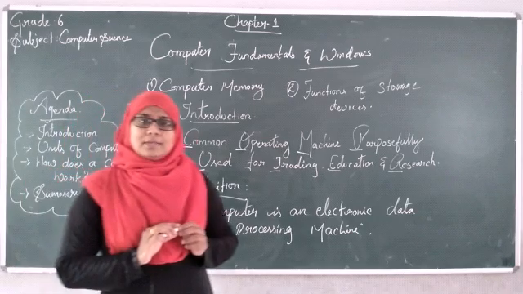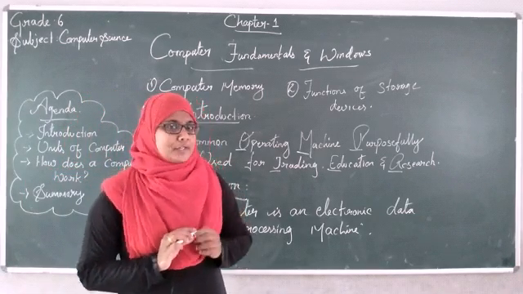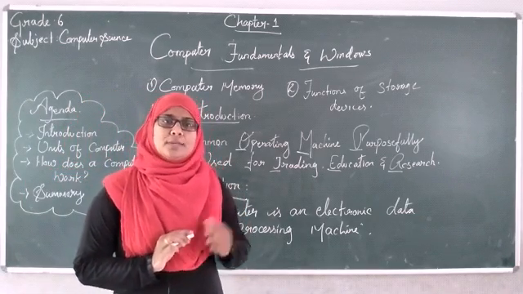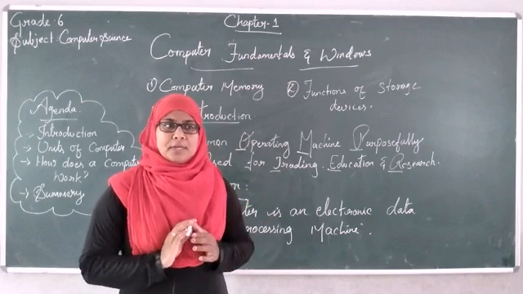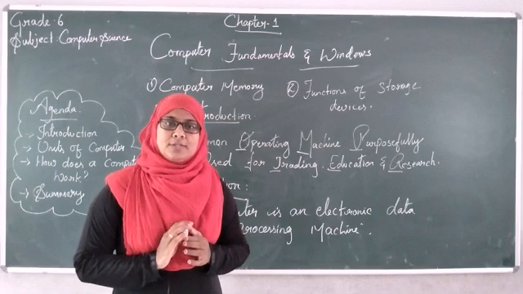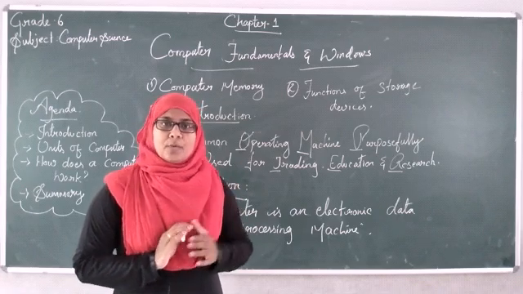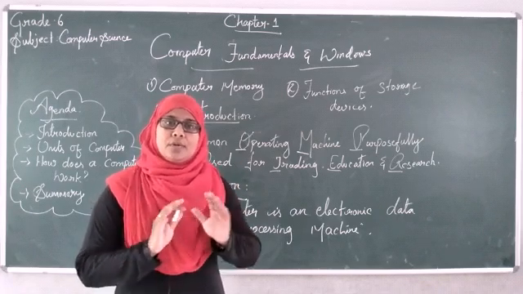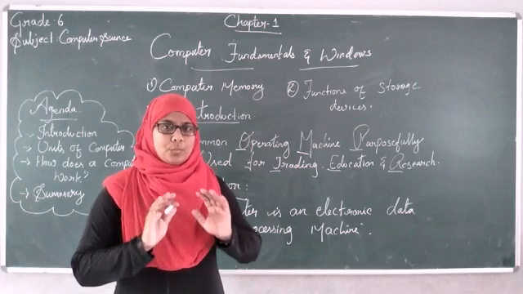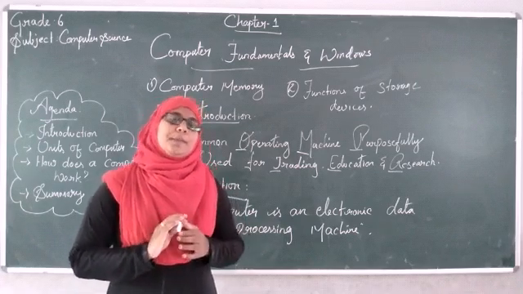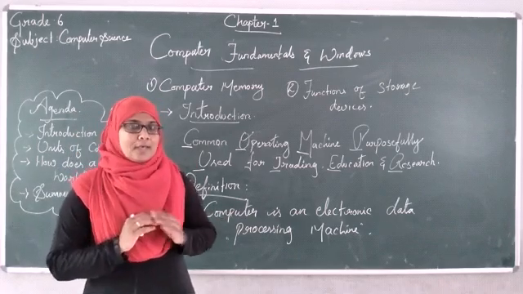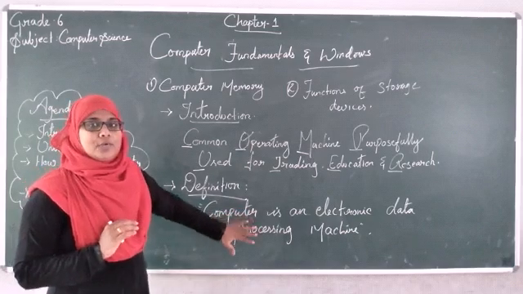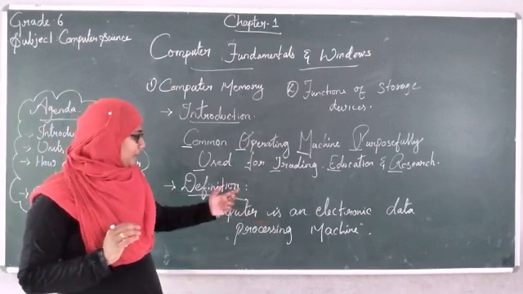The next one is the definition of the computer. In your primary classes, you might have been taught a simple definition of computer. What is computer? Computer is an electronic machine. It is a device. It runs through electric power. Without manual instruction, it will not work. That we know, right? Now, you people are a little bit grown up, right? So, we have to study somewhat more elaborately. So, this is the definition given in your textbook.